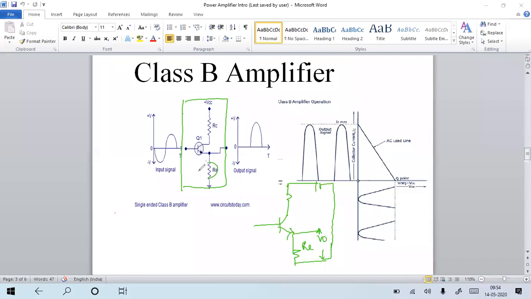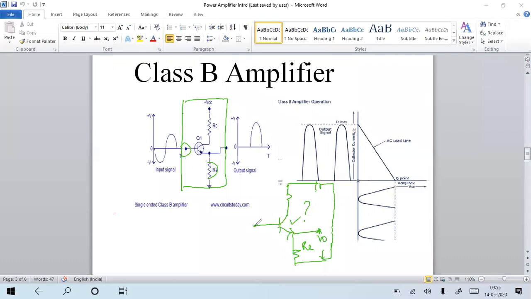But one thing you closely observe: in this circuit, what is the operating region of this transistor? The operating region is the cutoff region, because you are applying the voltage only between the collector and emitter terminals, but you are not providing any DC voltage at the base terminal. If you are not giving any signal to the base terminal, what will happen? The transistor goes to the cutoff state. This is called the transistor operating in the cutoff region.